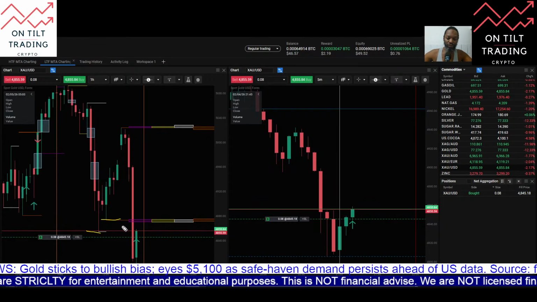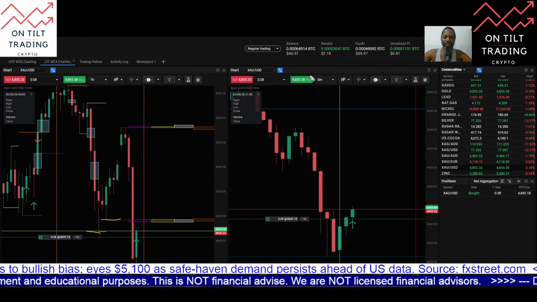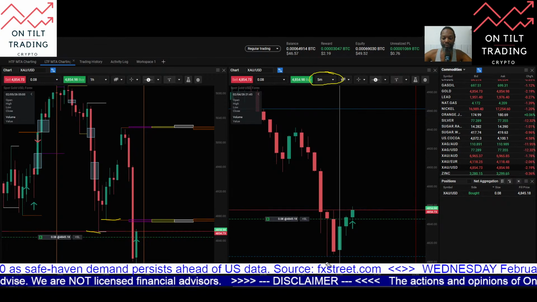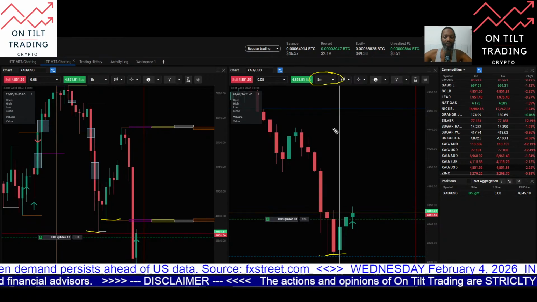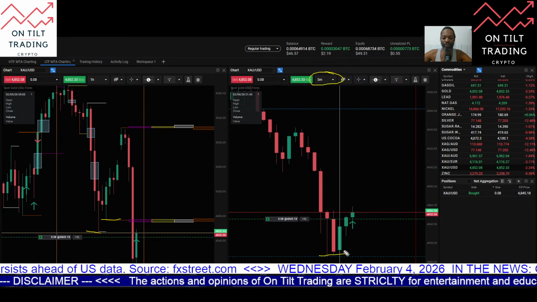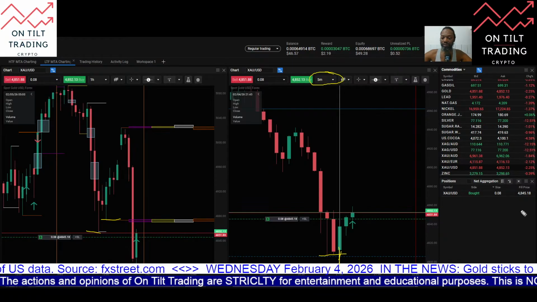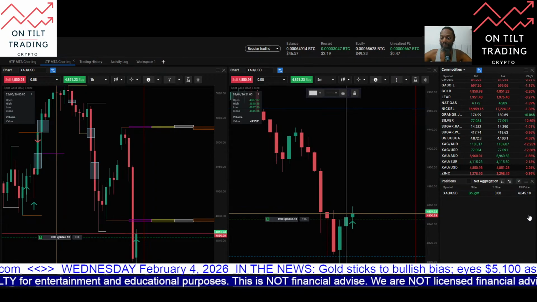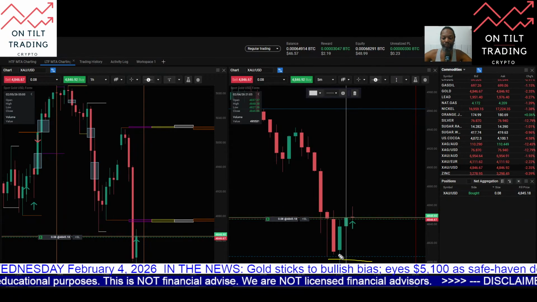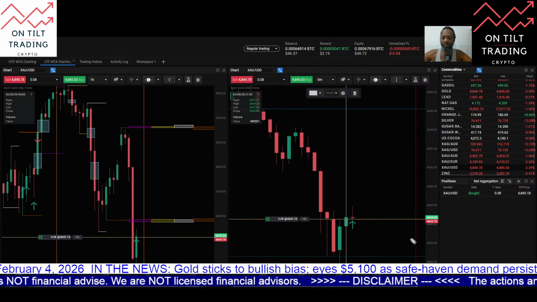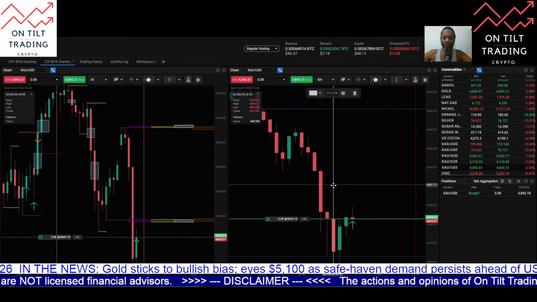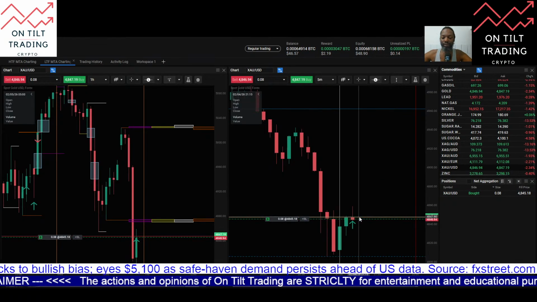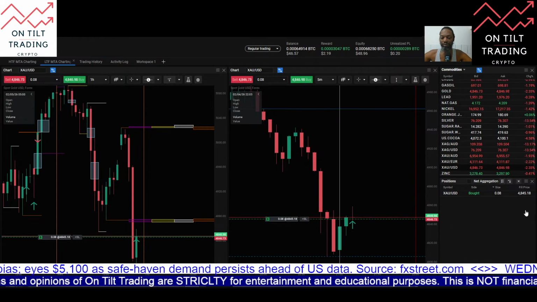So when that liquidity is swept, I want to look for trading opportunities to be confirmed over here on the 5-minute chart. And with that, the previous candle here from the current hourly candle was swept here. When that candle was swept, that triggered a buy trade idea for me when this comes in and sweeps out this low here. So when that happens, I'm going to look for a buy opportunity here,